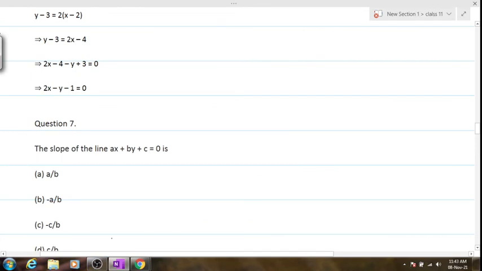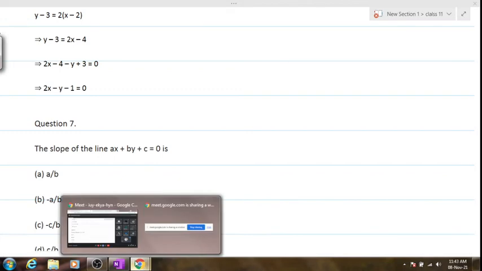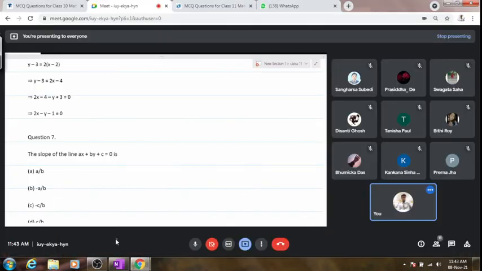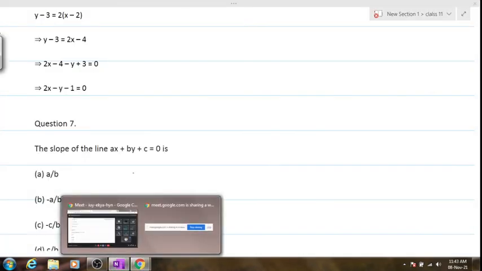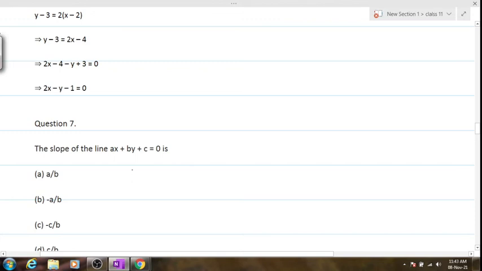Extremely easy question. Extremely easy. Let's see who can tell me the answer first. These kinds of questions are on fingertips. Hurry up, guys. Bhumika Das, I'll expect you to answer. The slope of this line, and if anybody in the class is having any kind of problem, tell me ASAP.